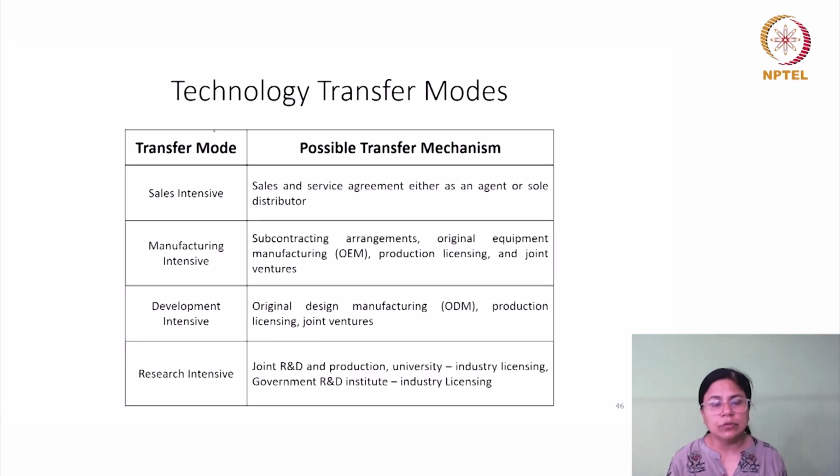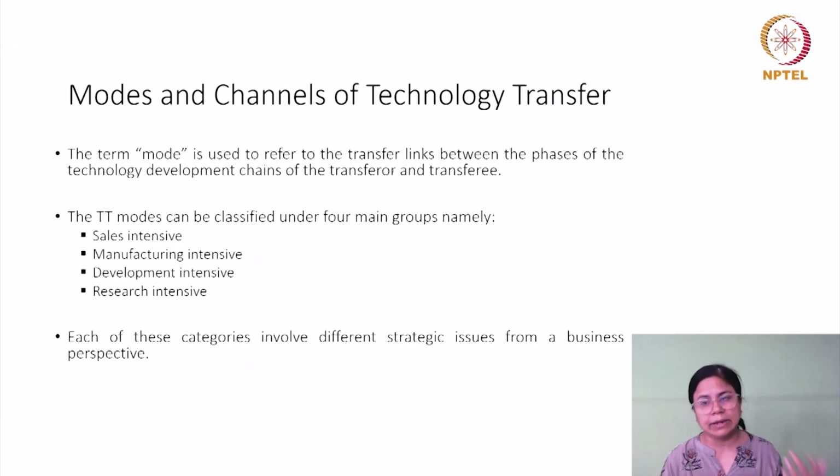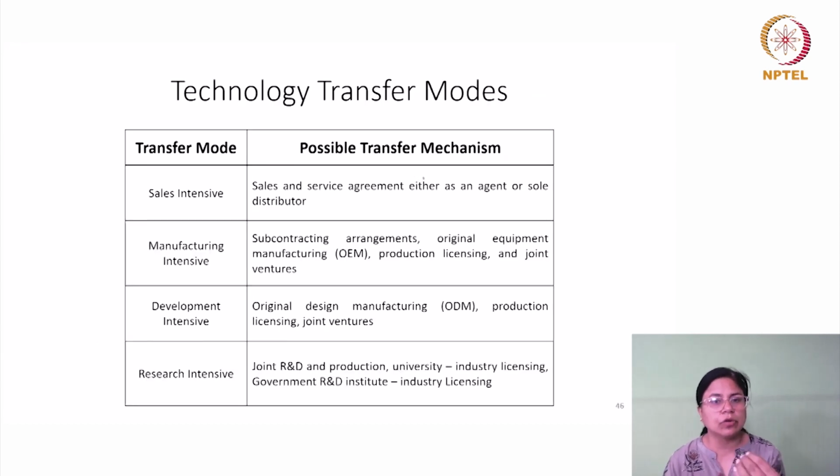Sale intensive: here we are talking about the transferer as a multinational enterprise, and the transferee you can understand as a host economy, but within that host economy you may have to identify somebody who would be doing the work, maybe a domestic firm. From a sale intensive point of view, the agreement will be related to the sale of the particular product or service. So you have to identify an agent or a sole distributor who would do that. You can link it to the behavior of an international or multinational enterprise in terms of merely exporting the product.